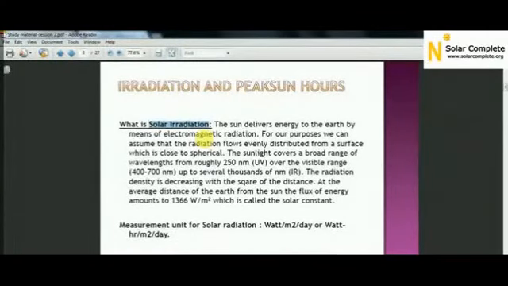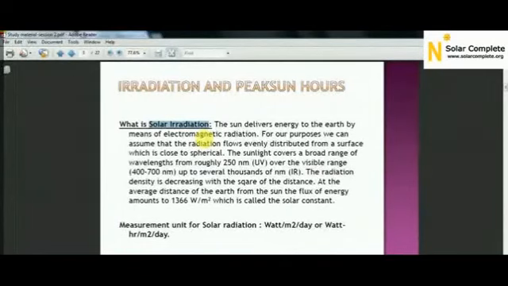Okay, now coming back to the definition, whatever total amount of sun rays that we are getting from the sun on the surface of earth is called solar radiation. And when we want to install a solar power plant, we need to know the solar potential of that area. So what do we mean by solar potential? That is how much solar radiation you are getting on that area.